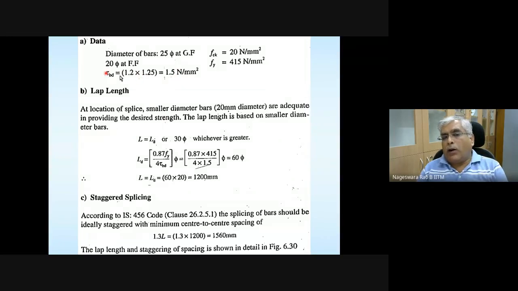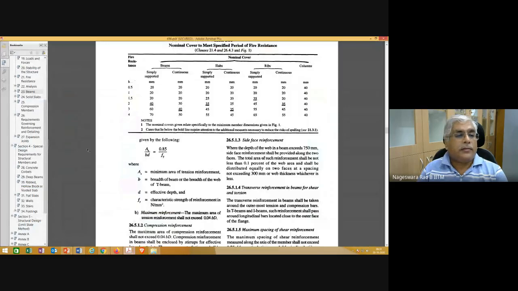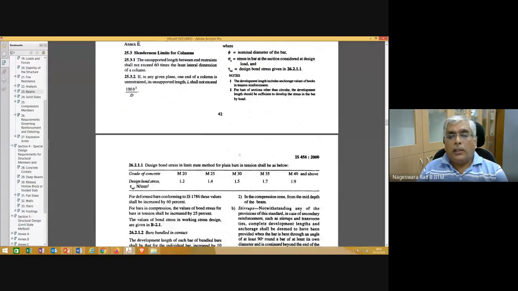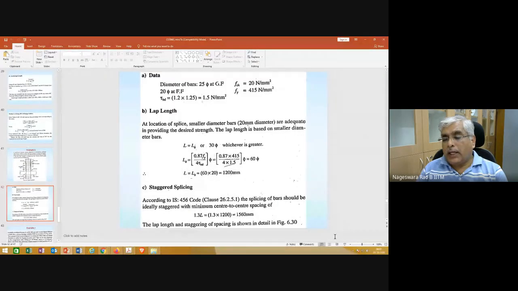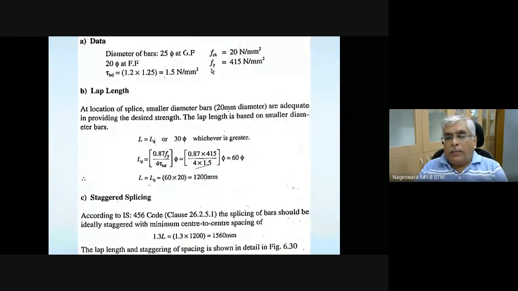Since this tau BD has to be 1.2 for M20 grade of concrete, it is 1.2. For HYSD bars, it should be multiplied with 1.6. So please rework this portion properly. And based on this,